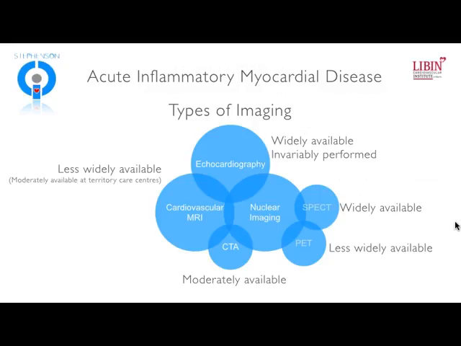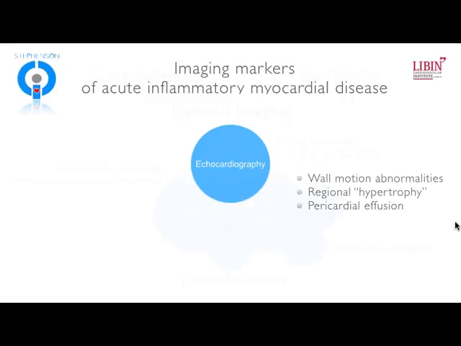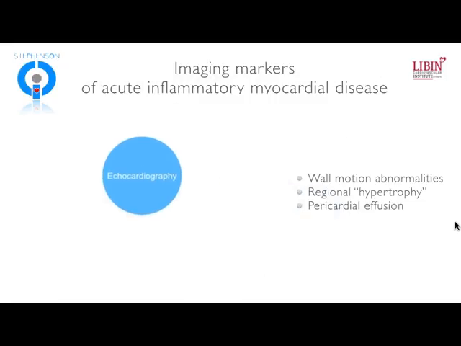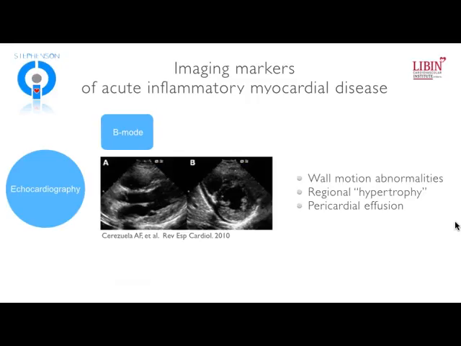examination performed. Nuclear imaging techniques, SPECT imaging is widely available, PET less so, but we're going to talk about some of the strengths and weaknesses of nuclear in this clinical setting. Now, CT is now moderately available and has some early potential roles, but is very much in the experimental or preclinical phase for evaluation of things like myocarditis. So that brings us to cardiovascular MRI, which, granted, is less widely available, but is increasing in availability internationally at tertiary care centers.